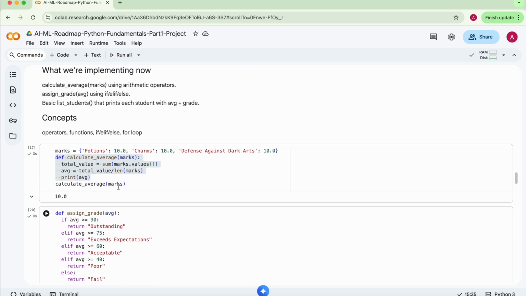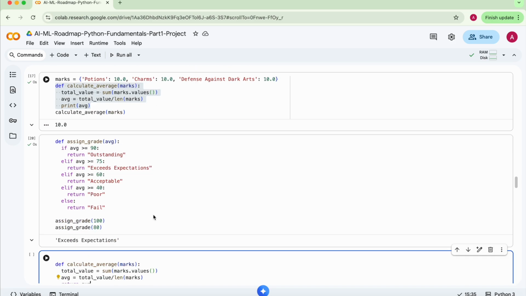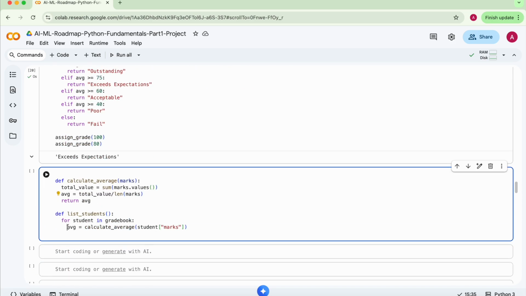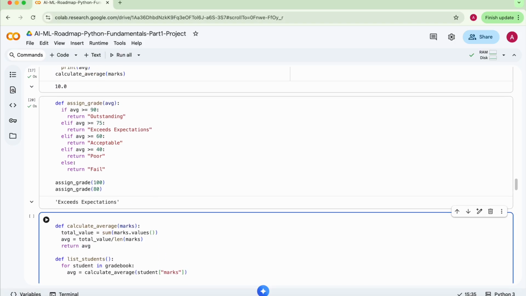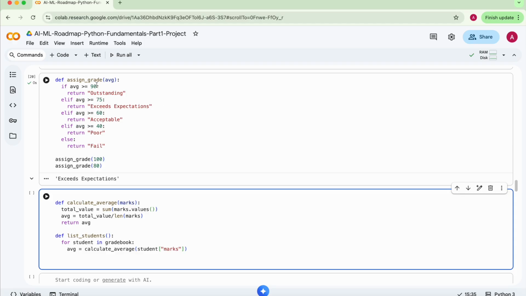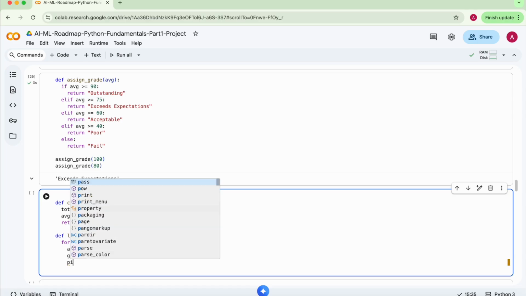Next, we need to print the grade as well. So we have calculated the average. Now from the average I could call the assign grade method, right? So grade would be the assign grade method, and I need to pass this average, right? So I'll have the grade and this. Now I just need to print. So what I need to print,